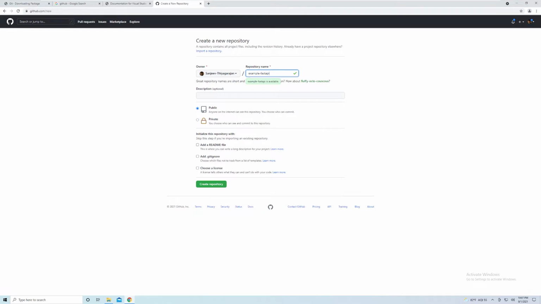Technically, I've already set up Git for my project just so I can track all the changes I've made throughout the course. But I want to make sure that I can walk you through this if you've never done it before. You can give it an optional description, and then you can choose whether or not